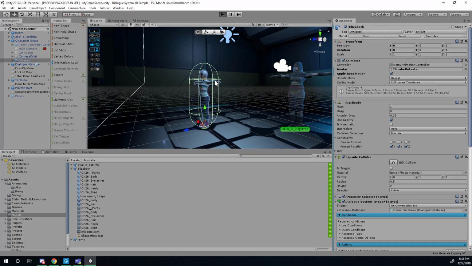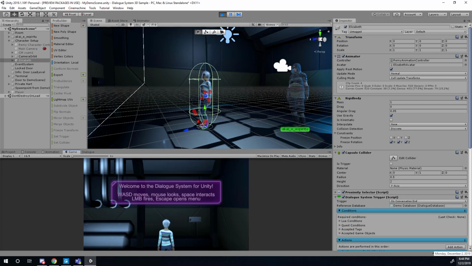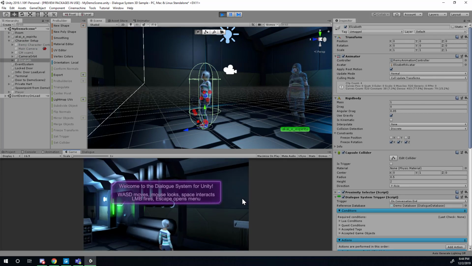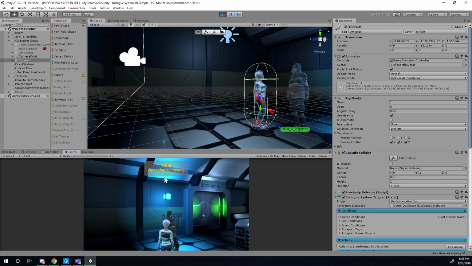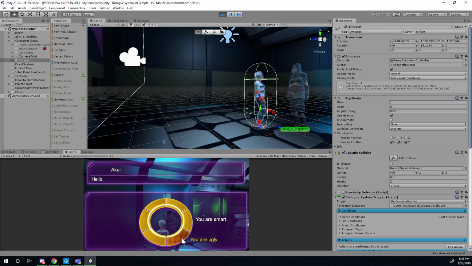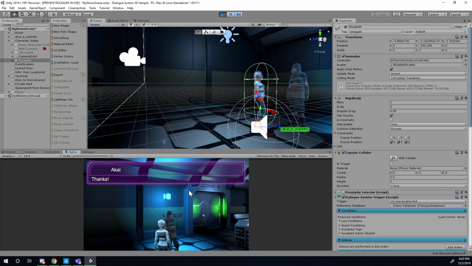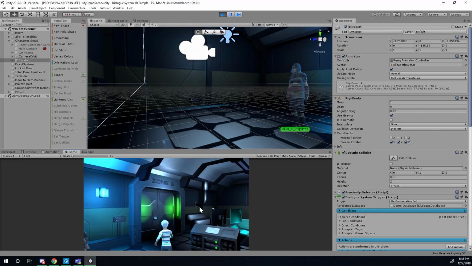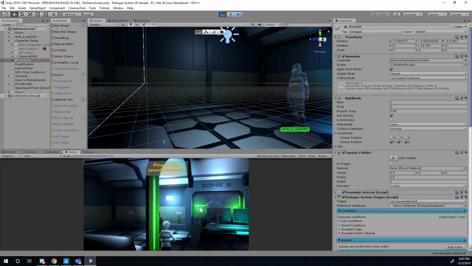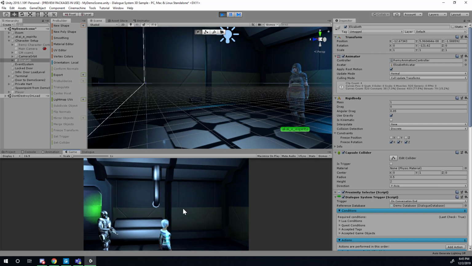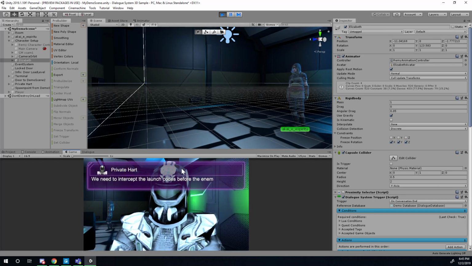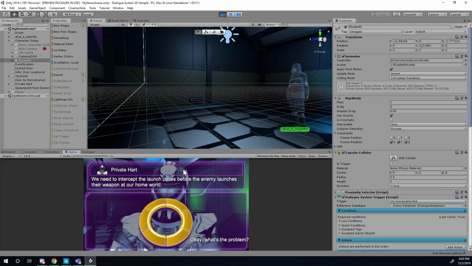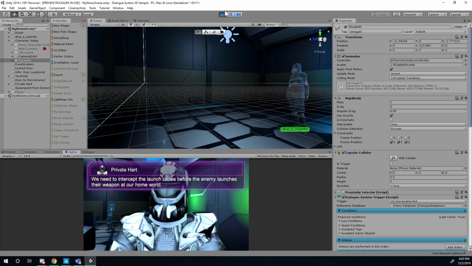And let's just try talking to the character. That's the last thing we haven't tested so far. So I'm going to go over here, walk up to Akai, and hit spacebar. So it's working, but the camera isn't working. What's up with that? That's concerning. Let's check this one, see if I can fit through here. That camera worked. So it is working. I guess the problem